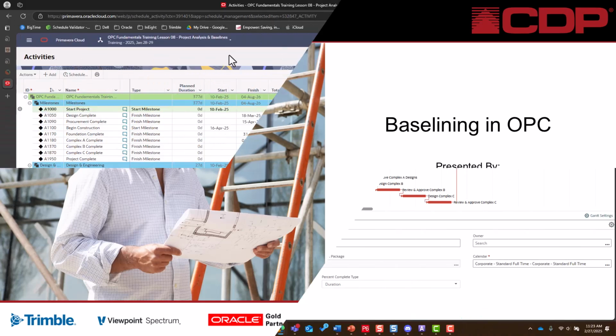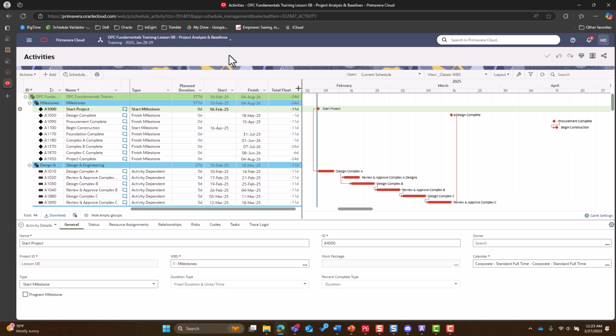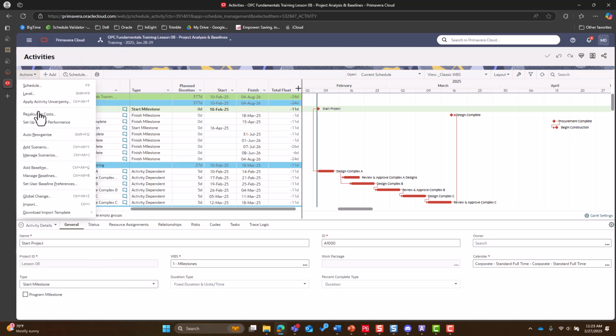Let's get started. At this point in our tutorial series in this Shiloh Creek project, we've added in our activities as well as relationships, scheduled our project, and added in our resources. At this point, we want to go ahead and baseline it before we take project status and update our project going forward. In order to baseline our project, we're going to need to go into our Actions menu, and down